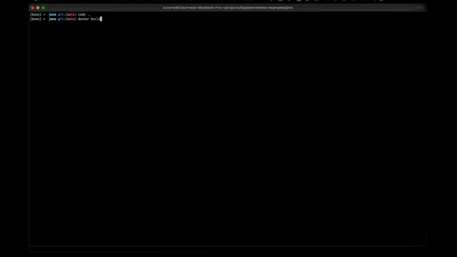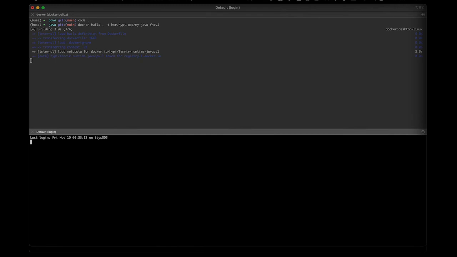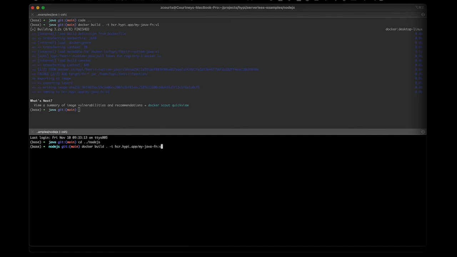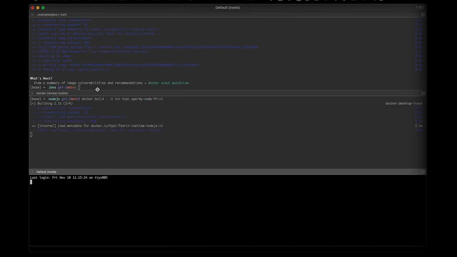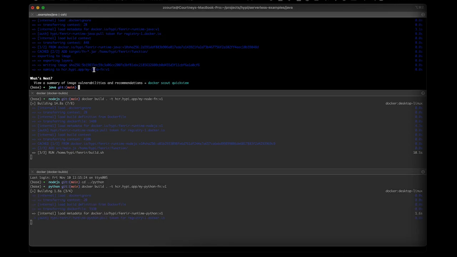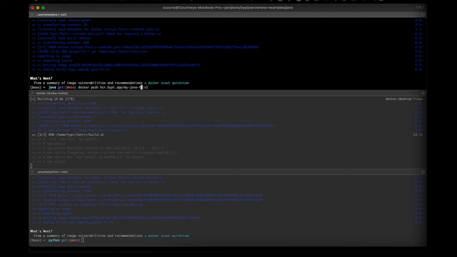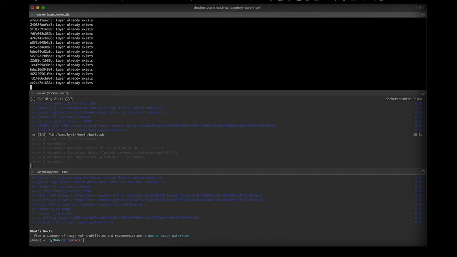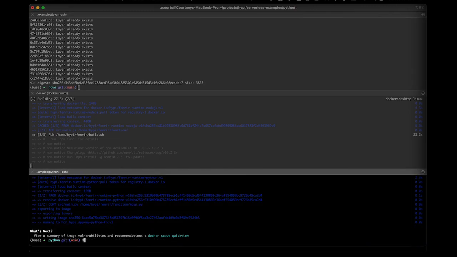docker build, and that will build the function. You could do this as well for NodeJS, and obviously the same thing for Python. Once you've built, you can push, so that will push the Java function, and you can push